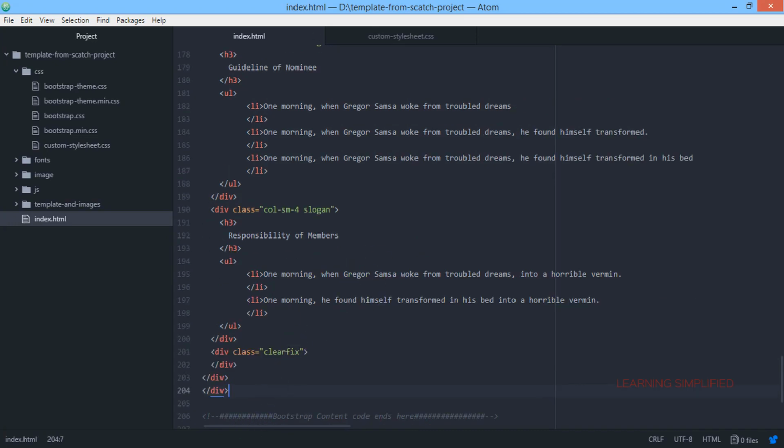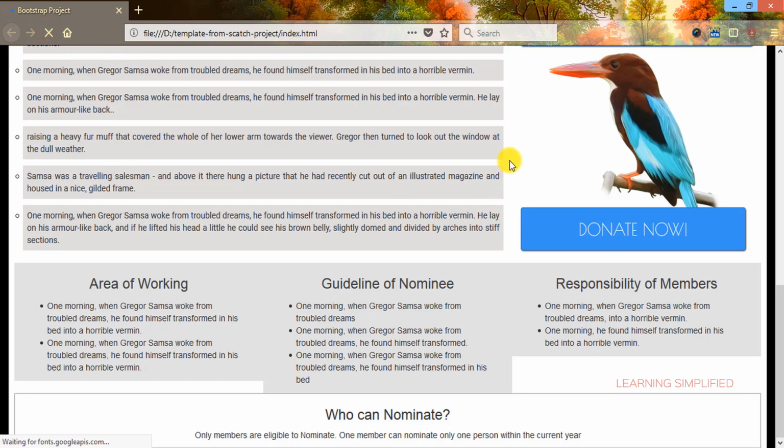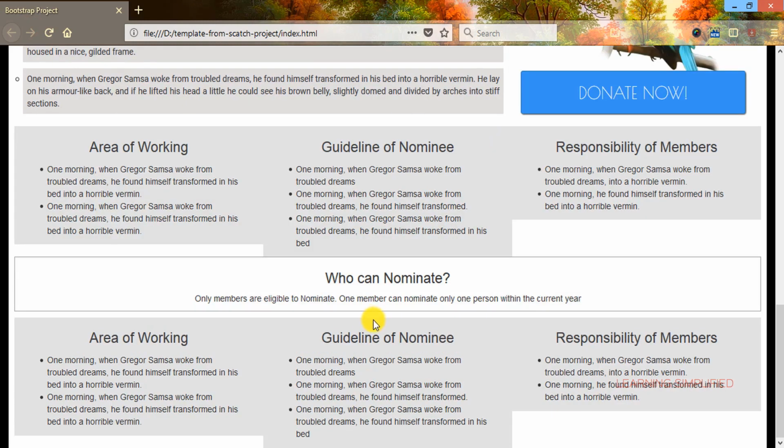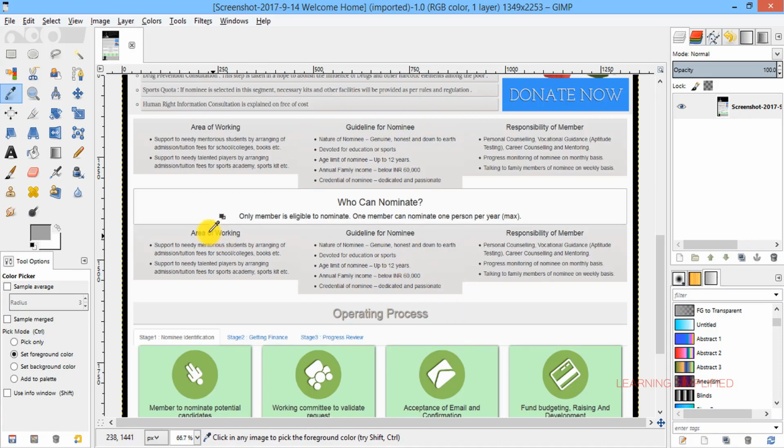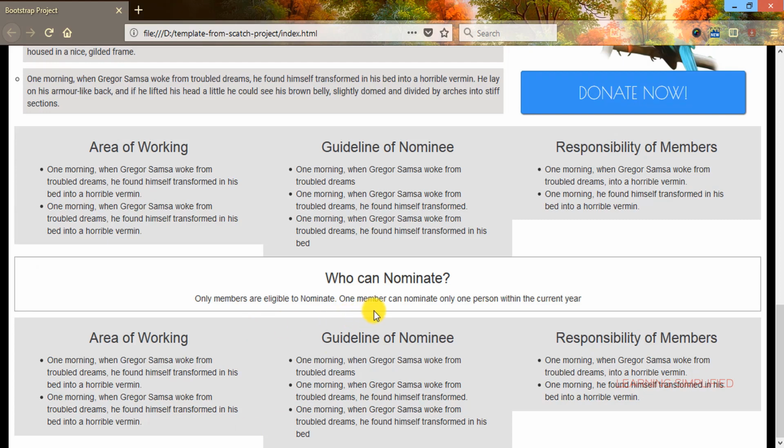Now if we press Ctrl S and get back to our project and reload, what are we seeing now? So here comes the problem. We cannot make any kind of adjustment here if we just copy and paste our previous coding here. So that is why we need to make some additional amendments. If we just look into our template, we can see that from this bottom part there's absolutely no margin here, no case of margin is being observed, but in case of our coding we can see that yes, there is a margin. So we need to diminish this particular gap from this above box of who can nominate.